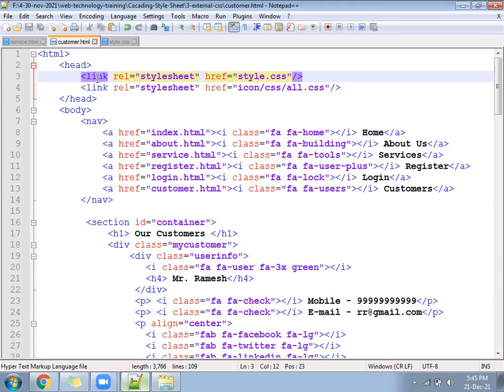Okay. The syntax, we have used the link tag to link from HTML to CSS. There we are going to use import. Okay, we are going to use the import. For what purpose? Not to link from HTML to CSS, but to import the CSS. Okay. See, there are two conditions.